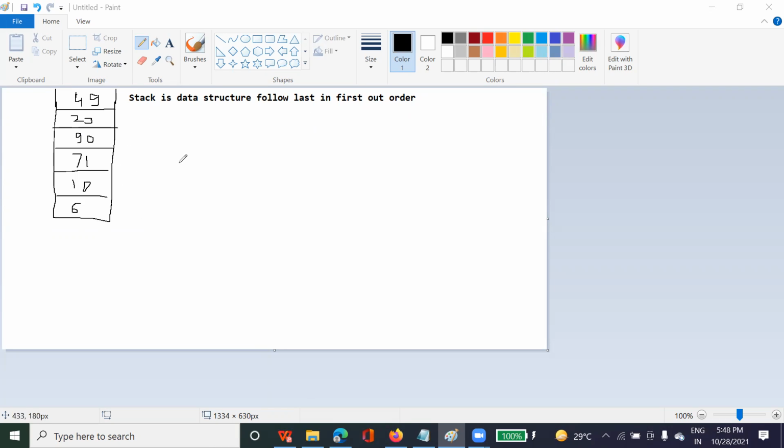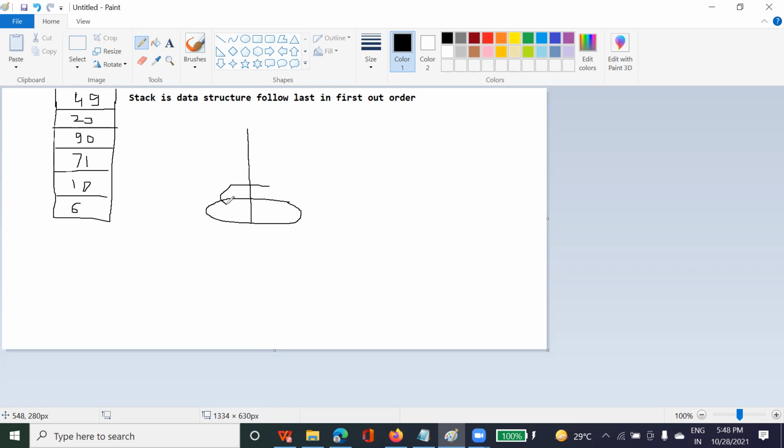I gave you the example of a CD. Similarly, suppose you have one stand, a CD stand or anything, and you have a CD. Suppose this is the bigger one, the bigger CD.